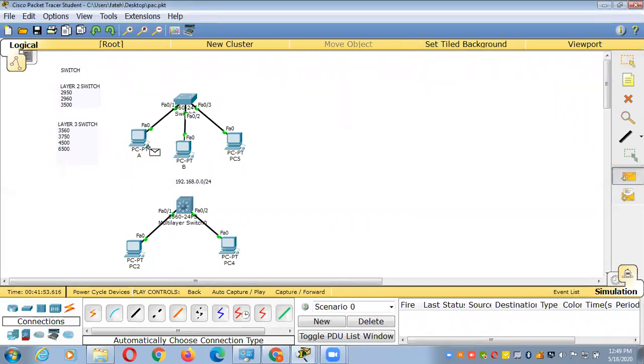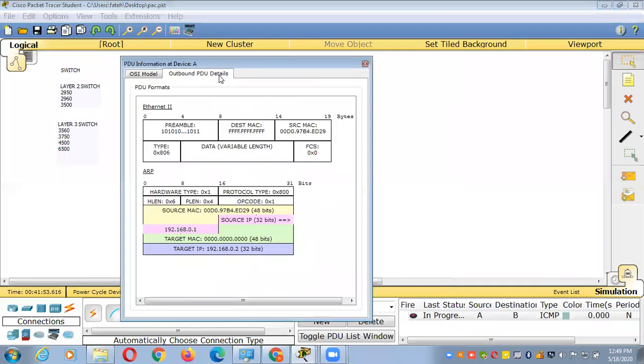It will create a special type of packet, and this packet is called an ARP request. This is what I was talking about earlier. Listen to me, brother. What does this packet have? This is called an ARP request. Now I'm going to check the ARP request here.